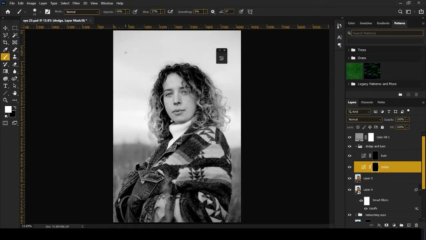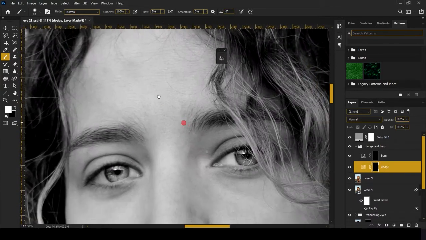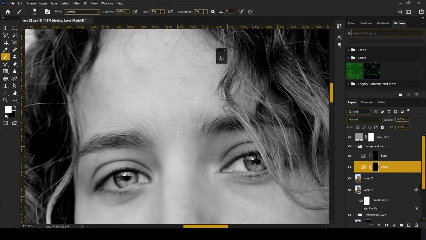Take a brush, opacity to 100%, flow 1 or 2, not more than this, 1 or 2. I will keep it at 2 for now. Take white color, zoom into the image. These are the areas which are darker.